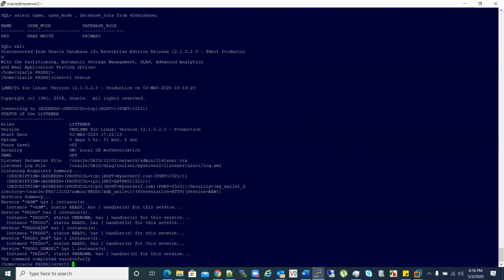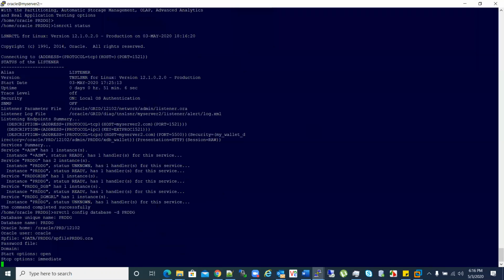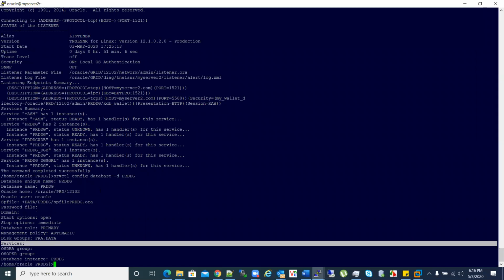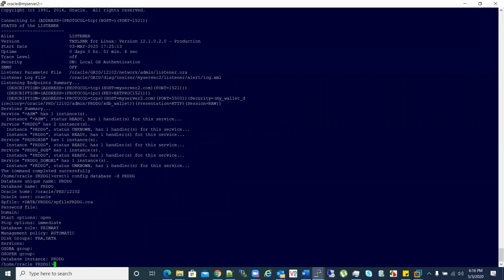So when you say srvctl config database -d PRD-DG and hit enter, see here services, there is nothing. So we have one command called srvctl add service -s prd_ha.